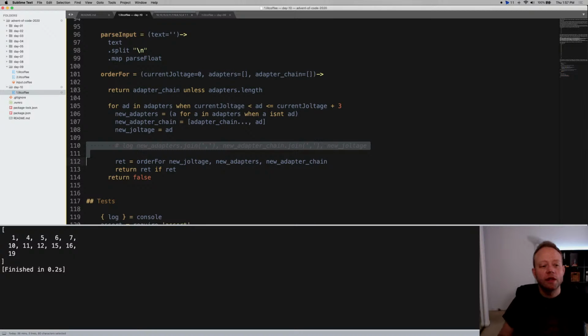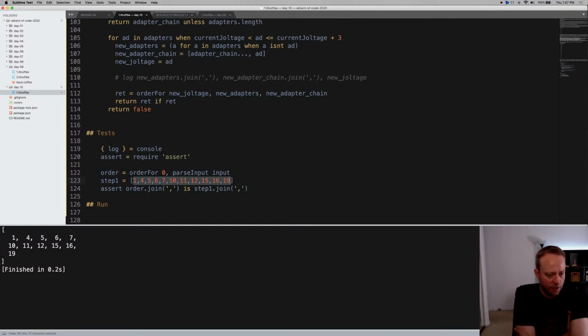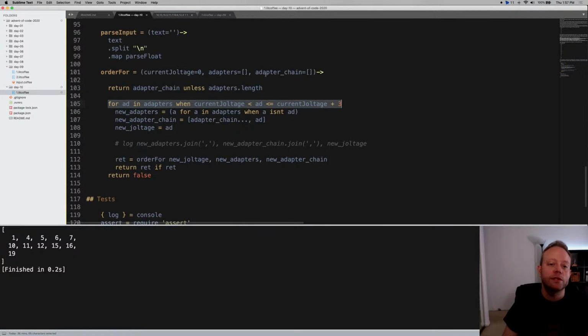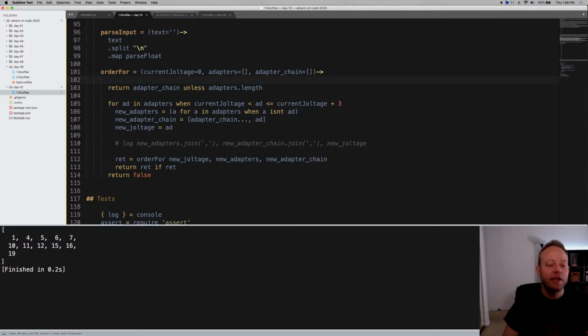So that's true. I think what Blake is saying is that at any one point, since these go up sequentially, there's only one valid choice. And that's true. And you know what? That's especially true because it can only be a higher joltage. So super interesting. So I guess what we should do, to make this run a lot faster, is